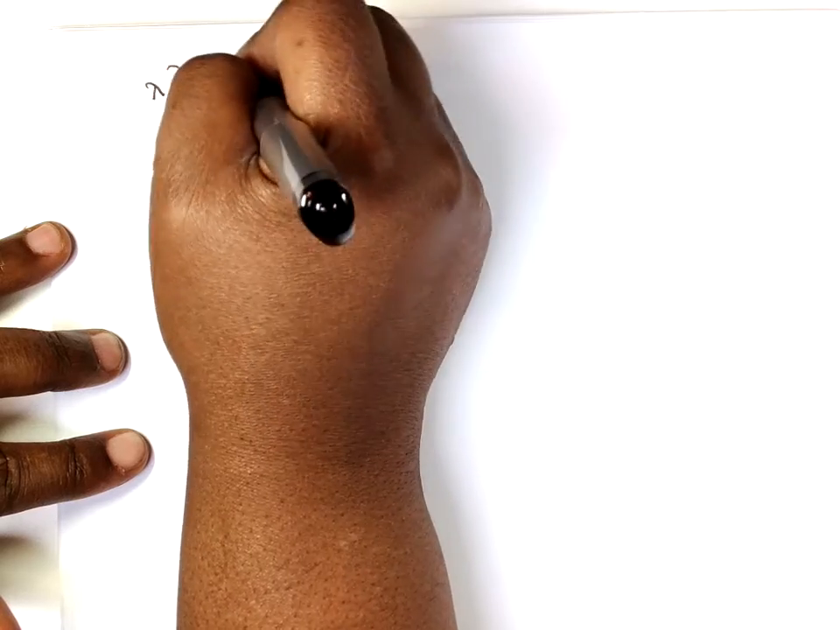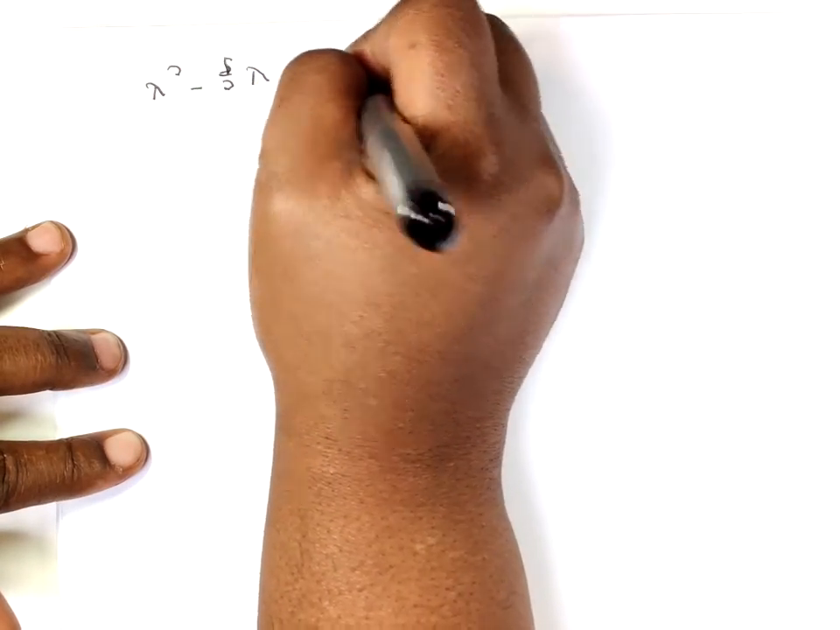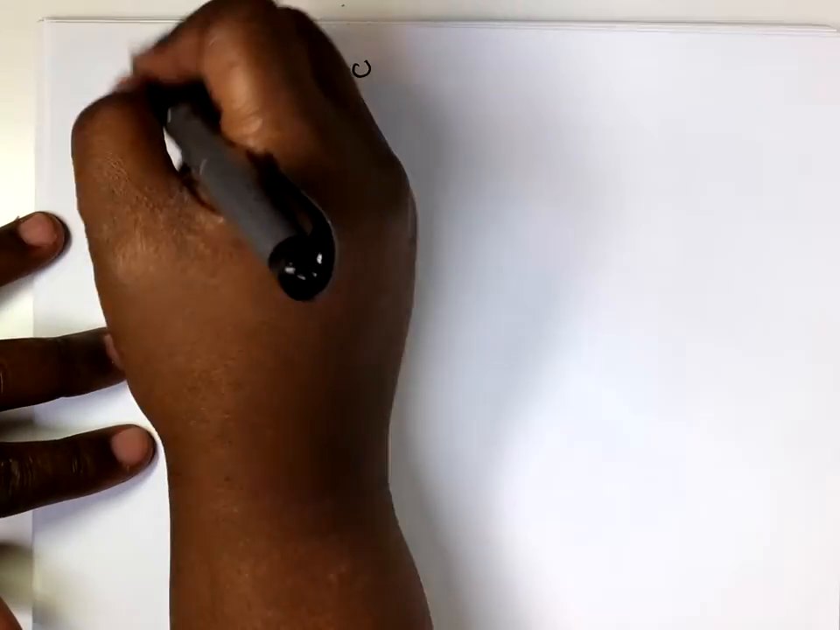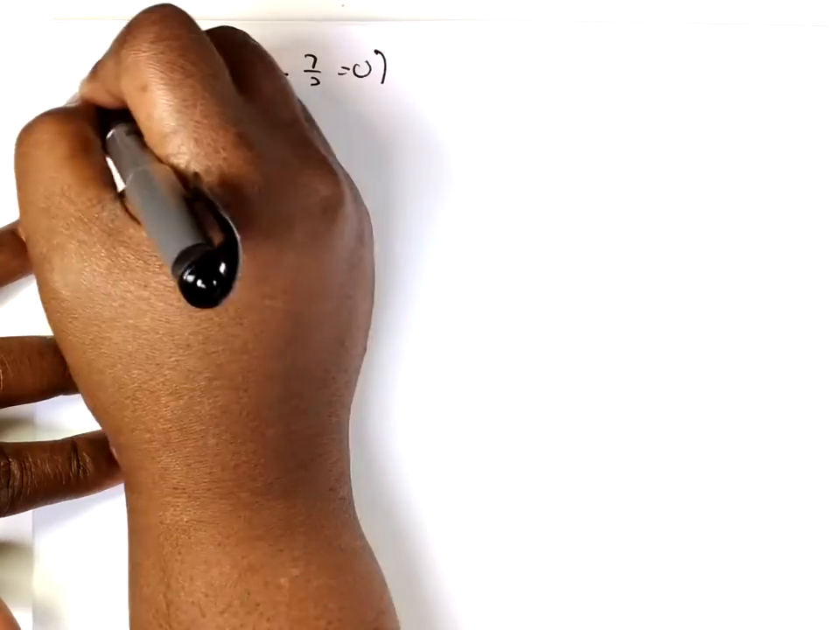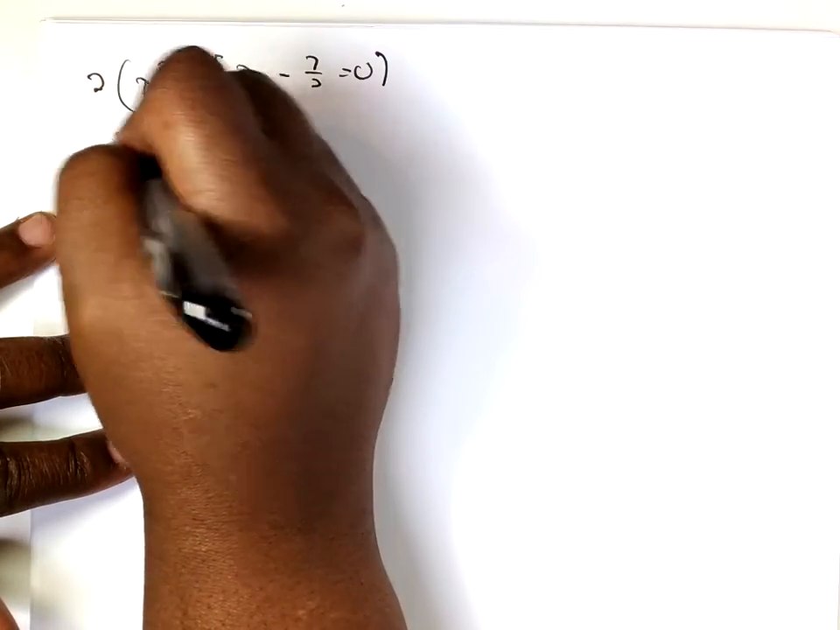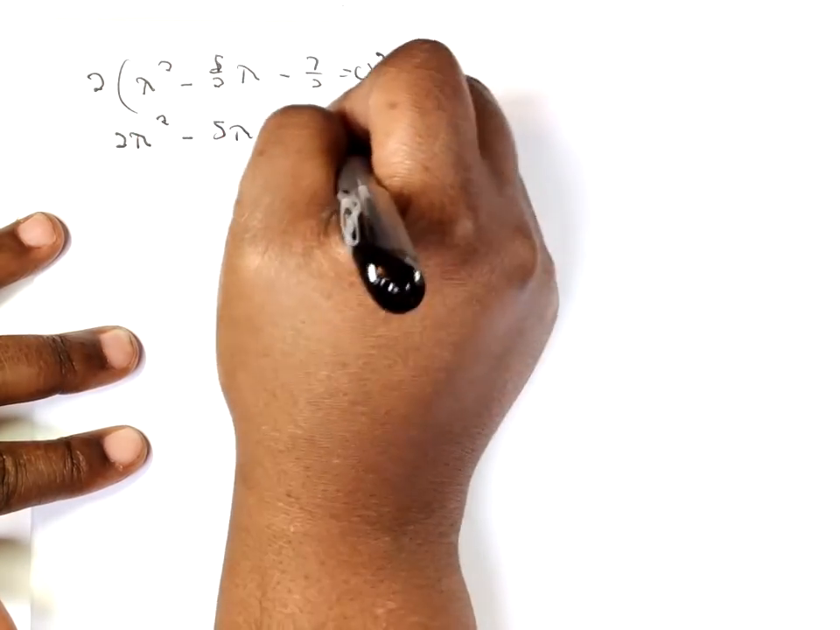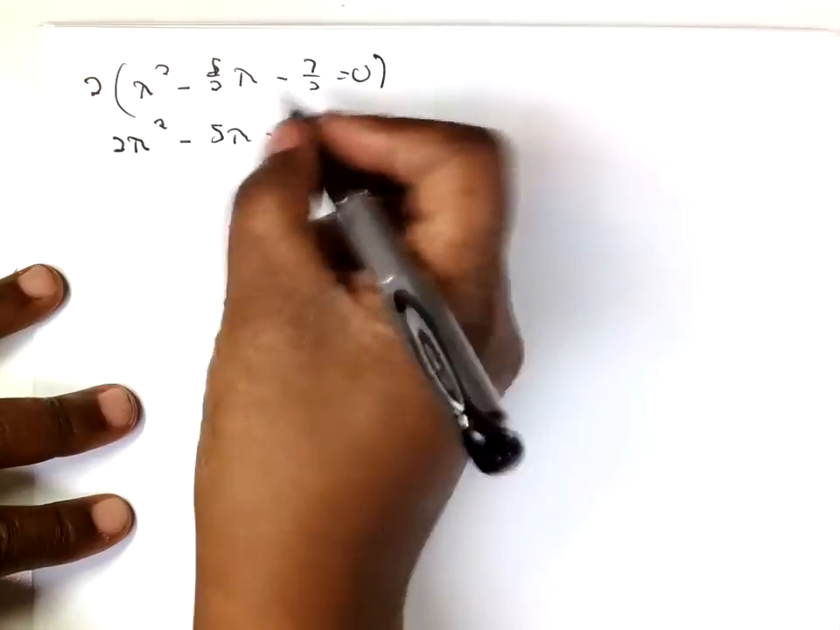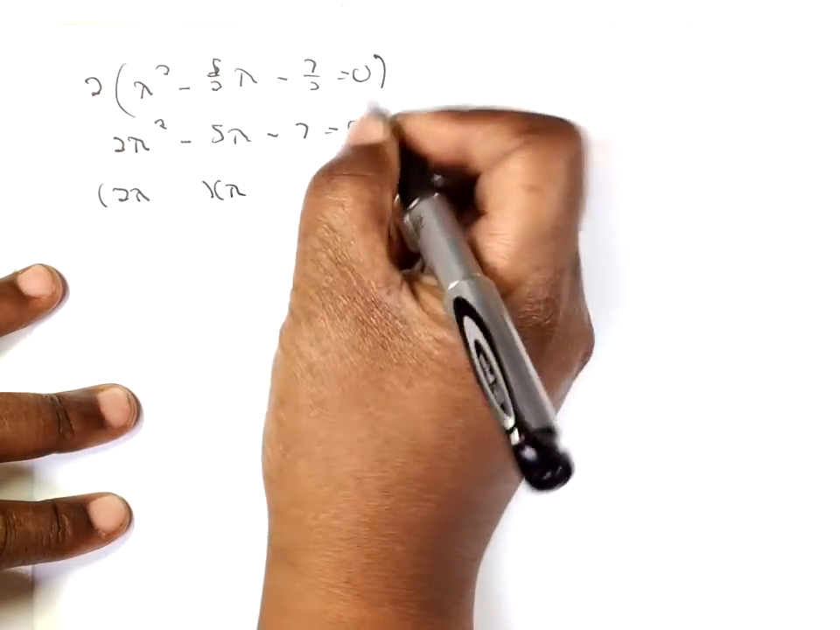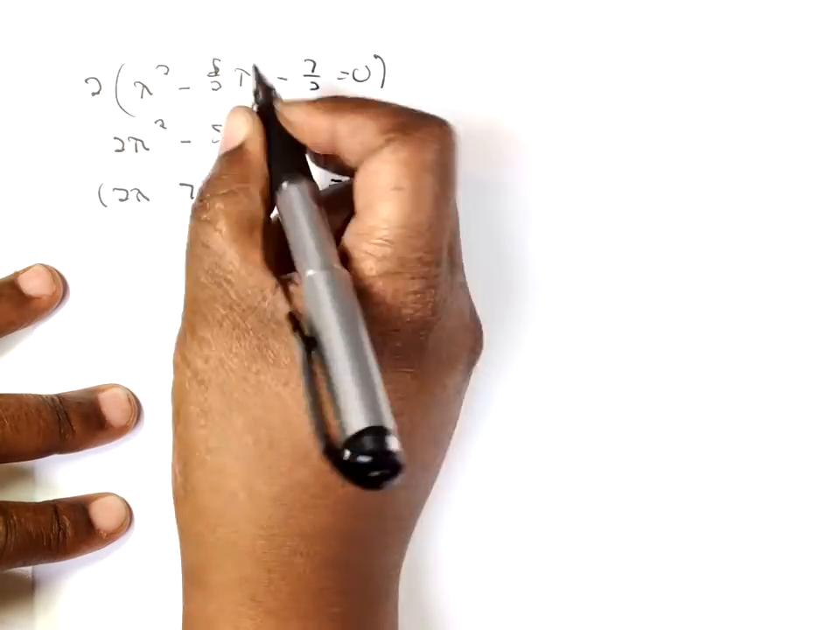Minus 5/2 lambda minus 7/2 equals 0. Now, I really don't want to factor with fractions, so I'm going to just multiply everything by 2 so I can clear them. So I get 2 lambda squared minus 5 lambda minus 7 is equal to 0. I can factor that. I get 2 lambda,